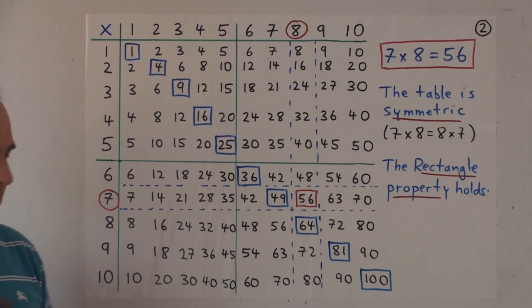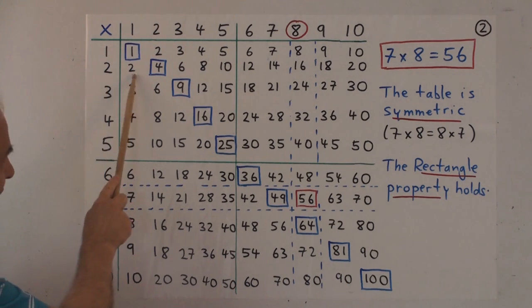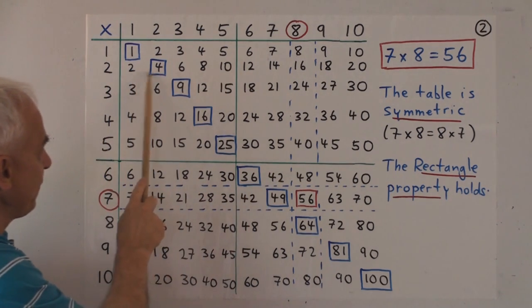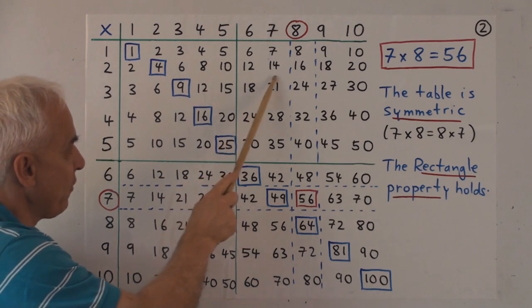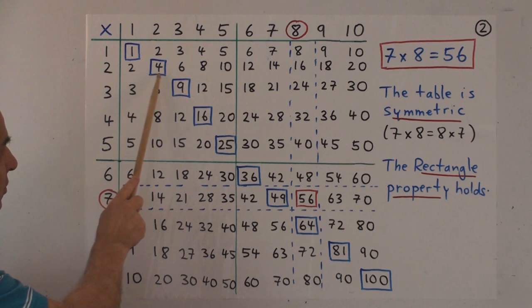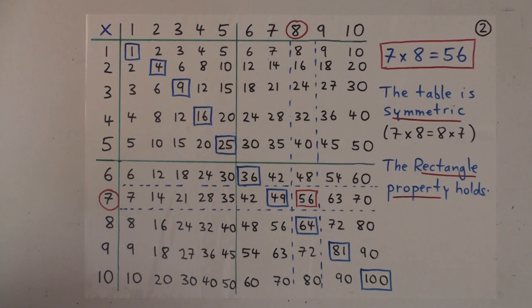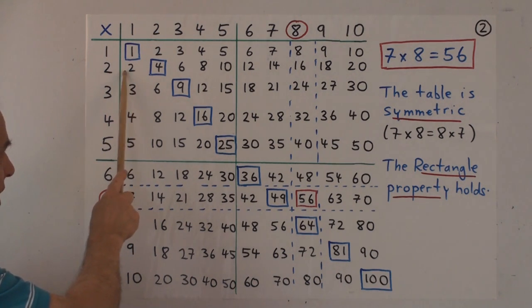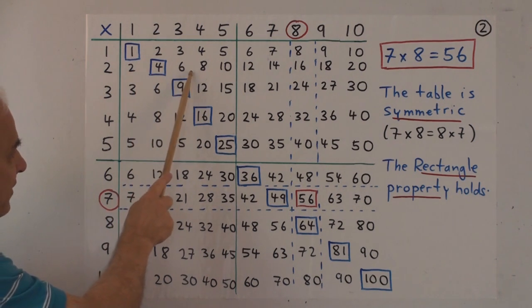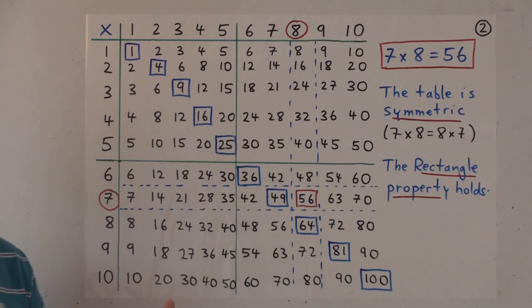even-odd dichotomy for numbers. Let's have a look at the multiples of 2. These are the even numbers: 2, 4, 6, 8, 10, 12, 14, 16, 18, 20. The even numbers always end in either a 2, a 4, a 6, an 8, or a 0. The odd numbers are the other ones: the 1, and then the 3, the 5, the 7, and the 9. All numbers that end in 1, 3, 5, 7, or 9 are the odd numbers.